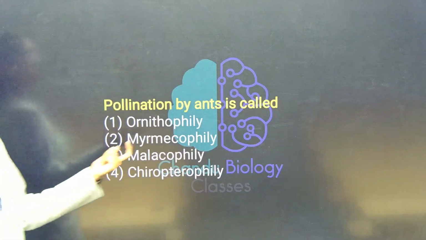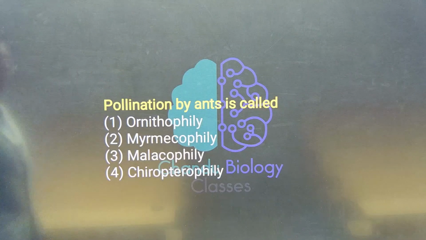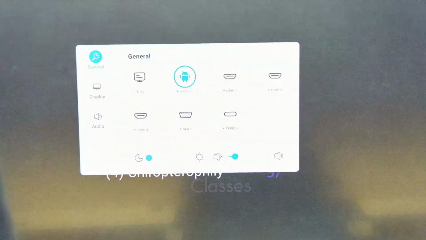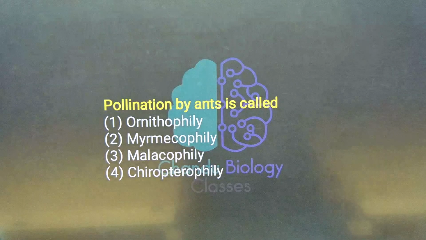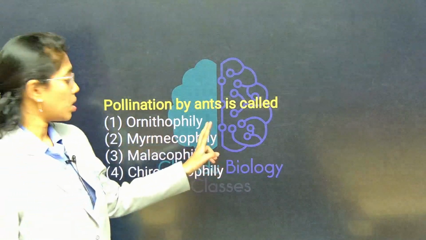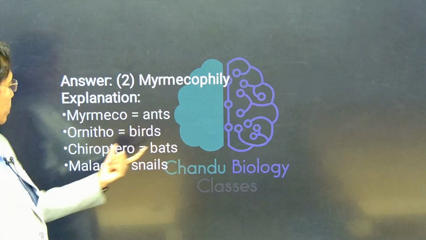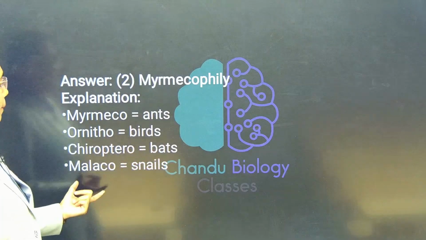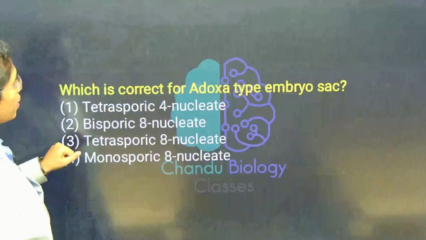Next, pollination by ants is known as what? Pollination by ants is known as myrmecophily, ornithophily where pollination by birds, chiropterophily by bats, malacophily the pollination by snails. Remember, all the terms are important. Next,